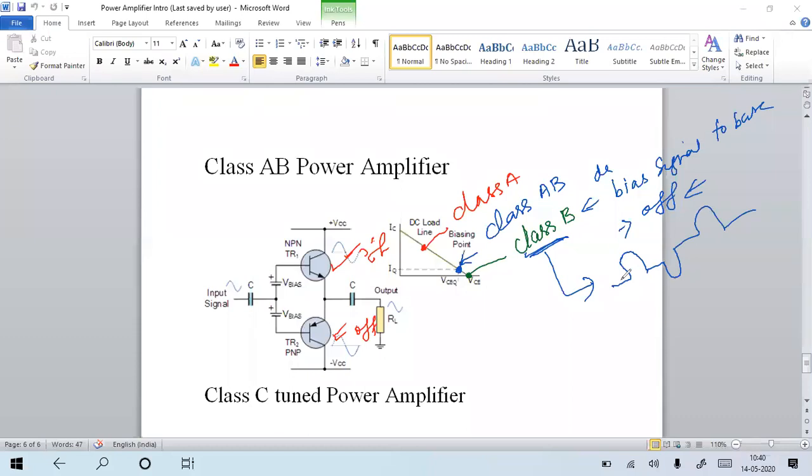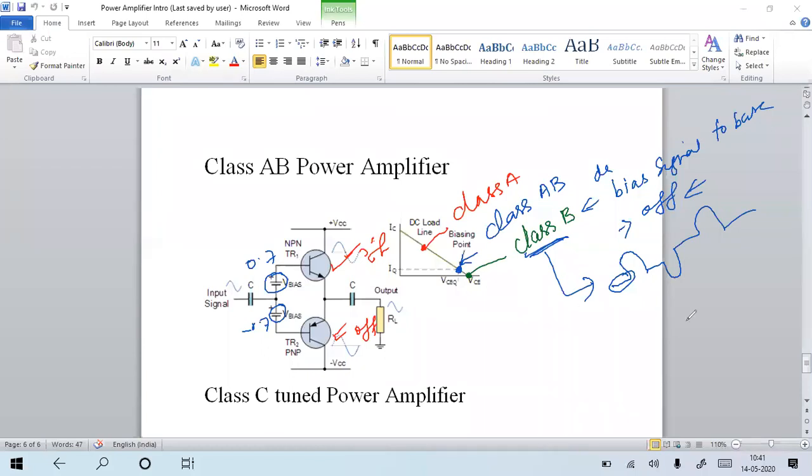But for avoiding that, we maintain the transistor in the on state before applying the signal itself. That is why we are applying what? Biasing voltage. We are applying a small DC signal to the base, around 0.7 volt. When you apply the 0.7 volt, the device maintains the on state. Here also you apply the negative 0.7. Correct? Here positive 0.7 volt you have to apply, there negative 0.7 volt you have to apply. If you apply, what is the meaning? Your device does not go to the off state, which means your device is not in the cutoff mode.